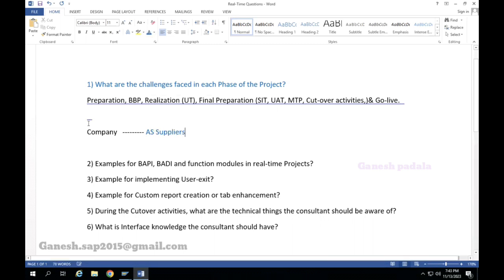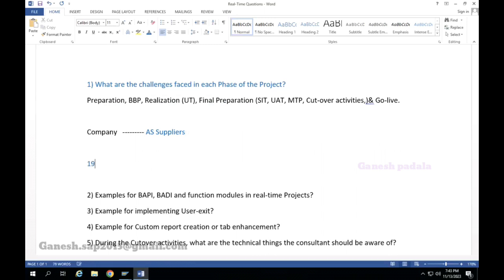This AS Suppliers is providing the goods. You ordered 100 quantity, they said 100 quantity, we order, and we get it. So 100 pieces are ordered.